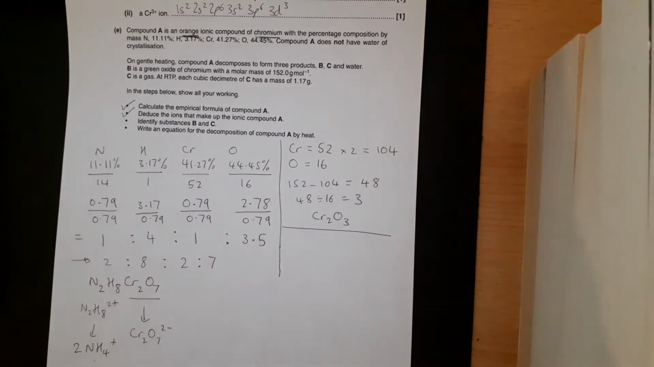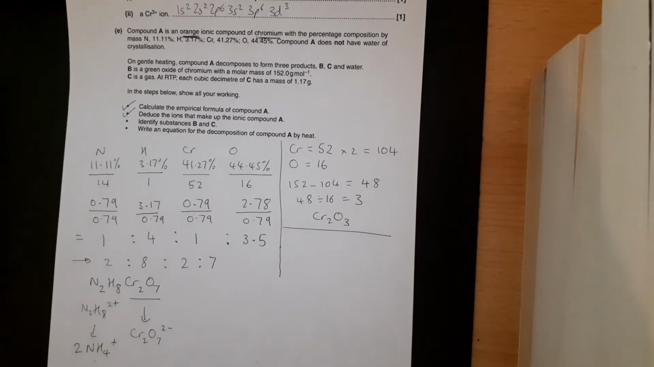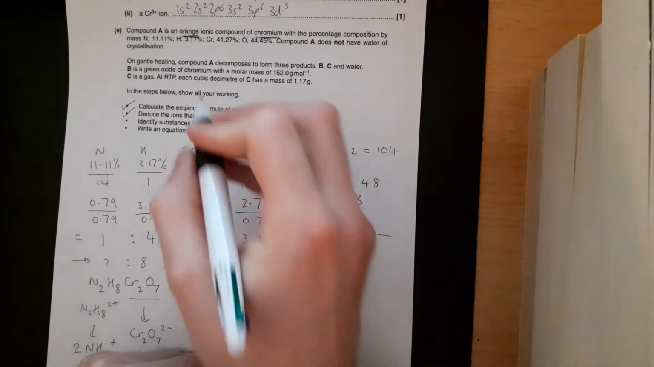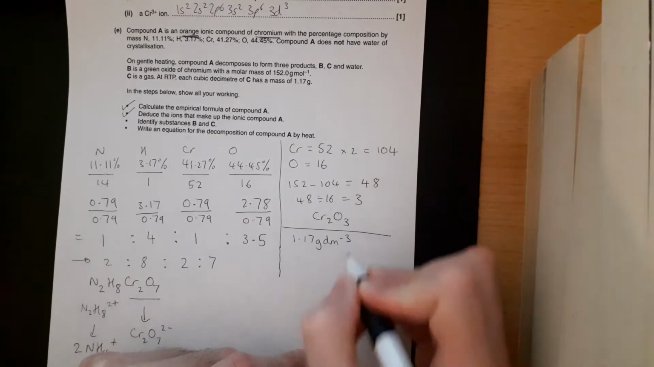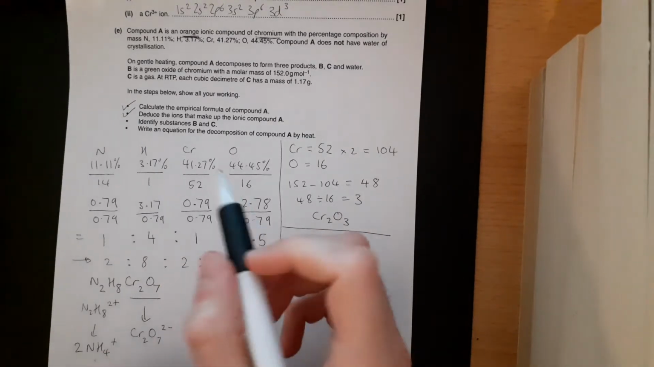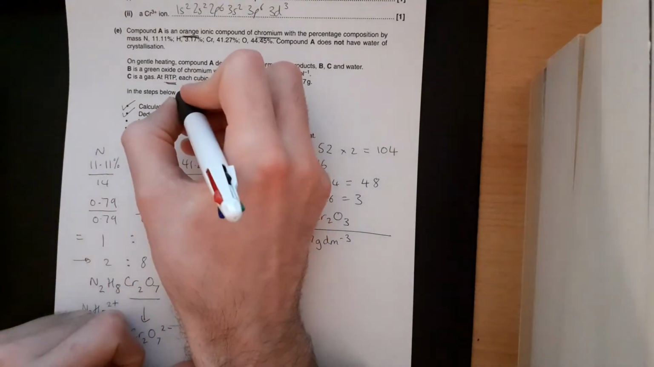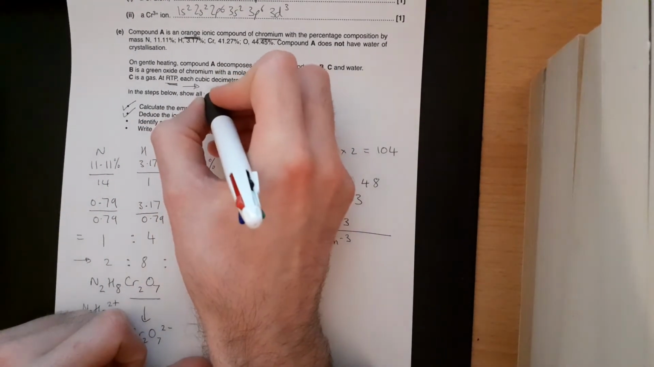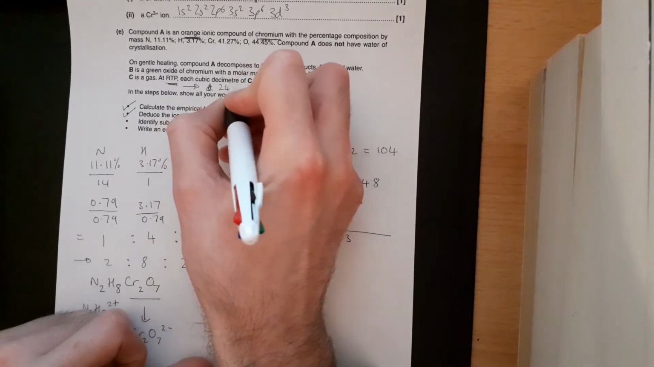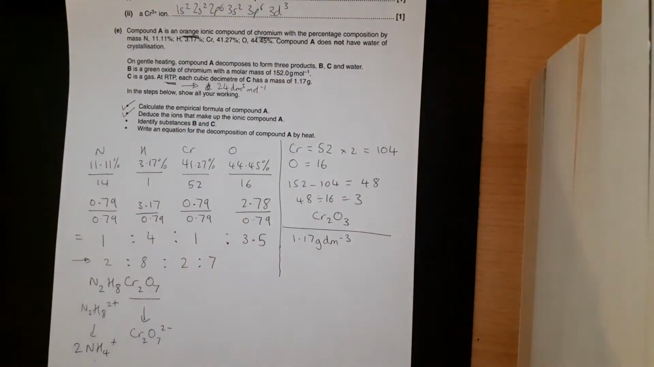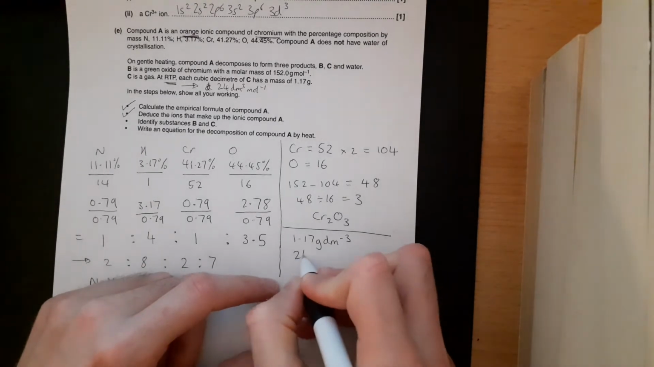C is a gas, and it says each cubic decimeter has a mass of 1.17 grams. So therefore it's 1.17 grams per decimeter cubed, right? What else do we know? Well, this at room temperature and pressure thing is a clue here. If we're talking about a gas at room temperature and pressure, then it's 24 decimeters cubed per mole, isn't it? 1 mole of a gas is 24 decimeters cubed. So what can we do with that? If we have that piece of information as well,